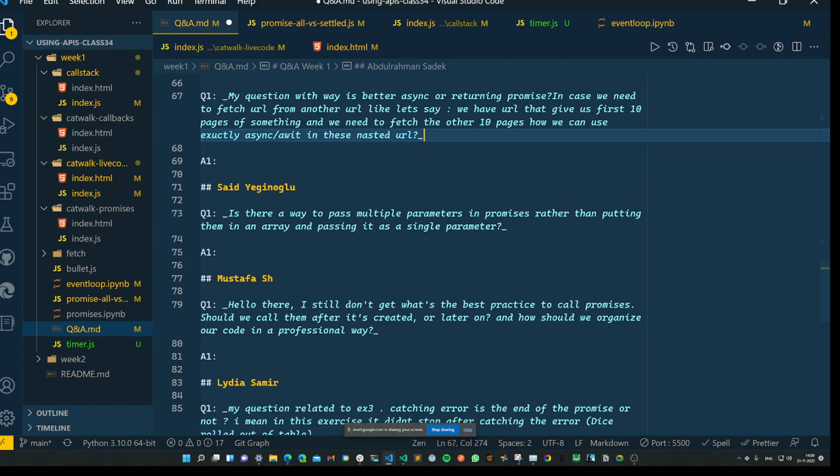Said, are you there? Yeah, here. Is there a way to pass multiple parameters in promises rather than putting them in an array and passing it as a single parameter? What do you mean with passing multiple parameters in promises? When we chain the promises, we return the result value, right? So it has to be a single parameter. But I want to store two things and send them to the other function in the chain and do operations with both of them. I can put them in an array and send it as a single parameter, but